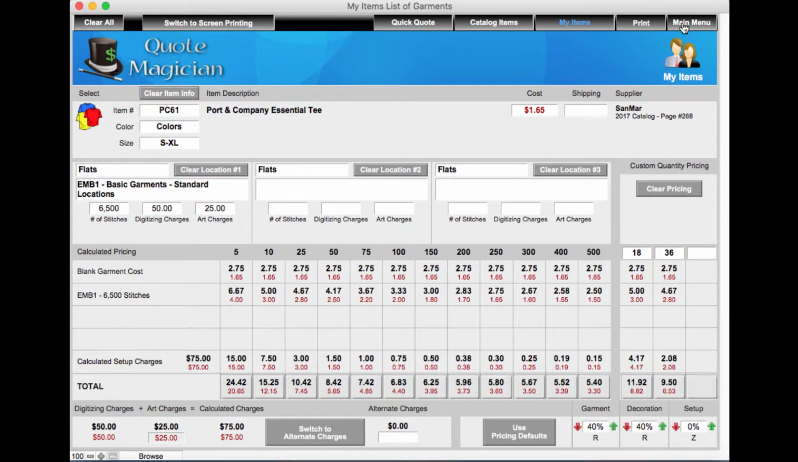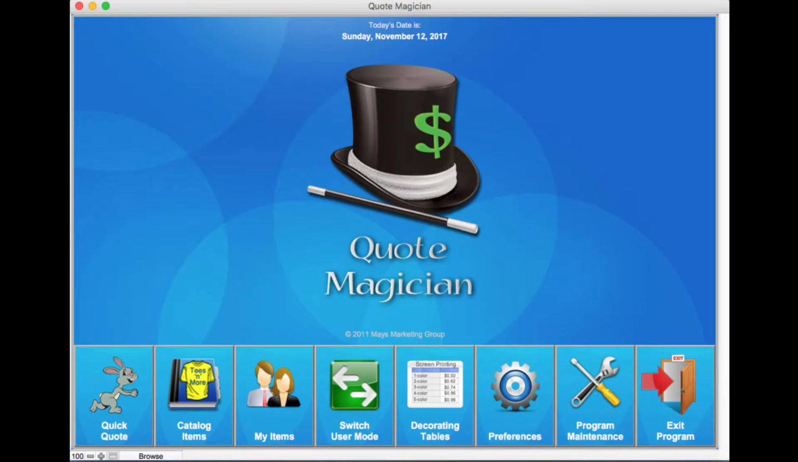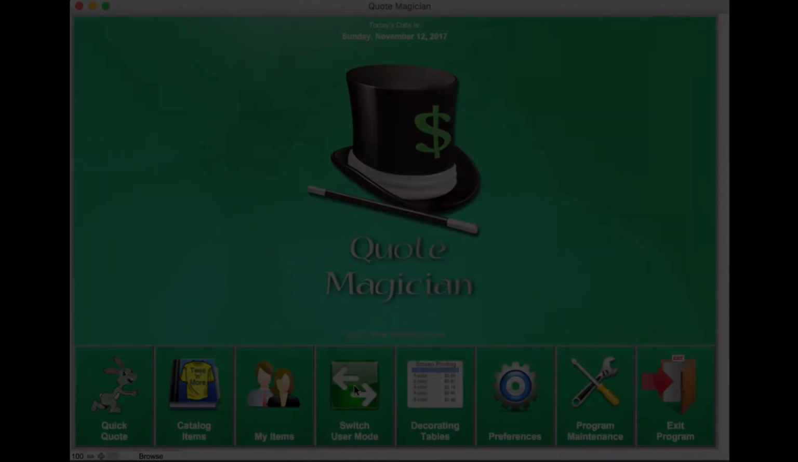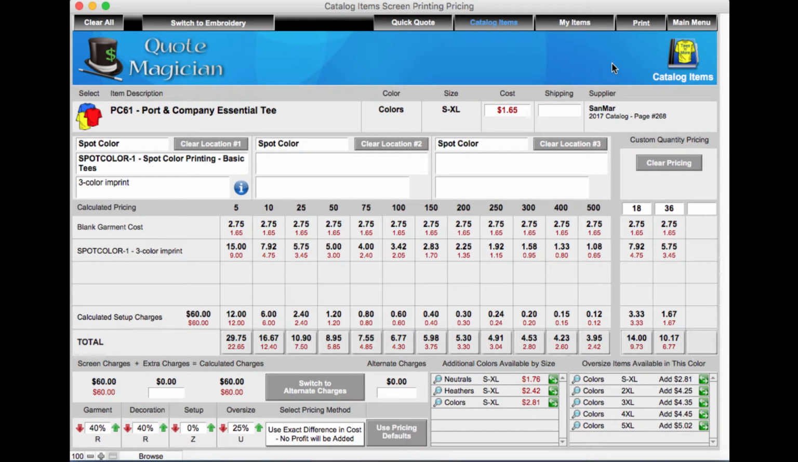Another feature of the Quote Magician is Customer Safe Mode. On the main menu, you can simply click the Switch User Mode button to enter Customer Safe Mode. Or you can invoke Customer Safe from any pricing screen with one click. Let's say you take your laptop with you to your client's office. Open the lid and see that you're still in price and cost mode. No need to panic. Before you turn your laptop to show the client pricing, simply click the top hat that